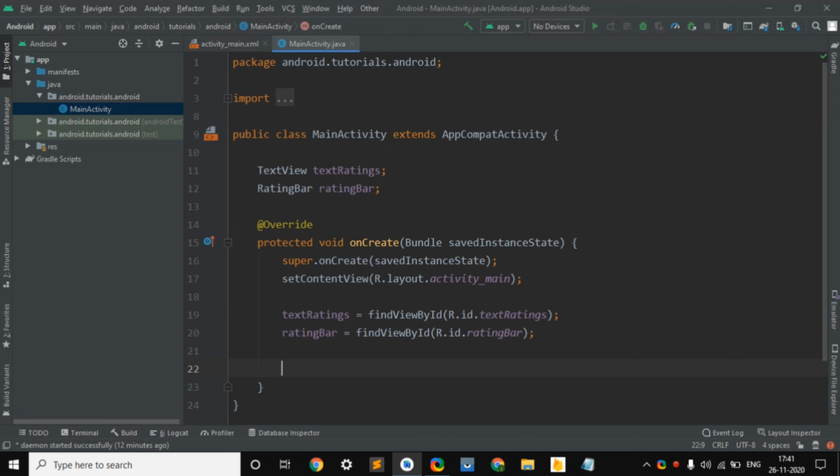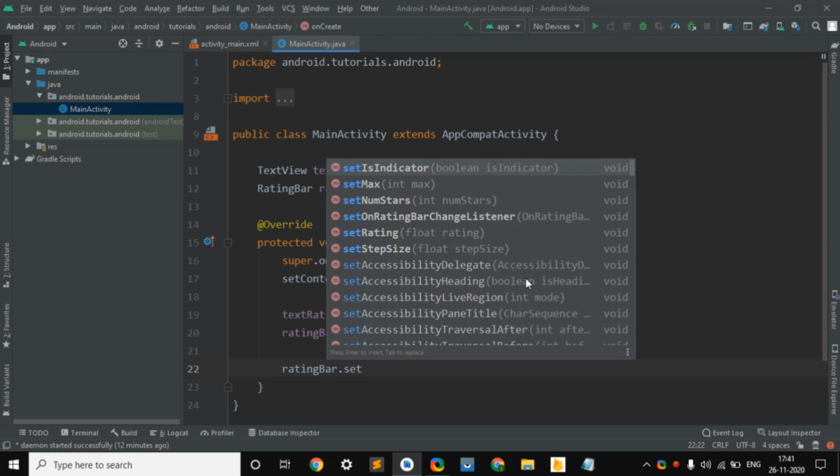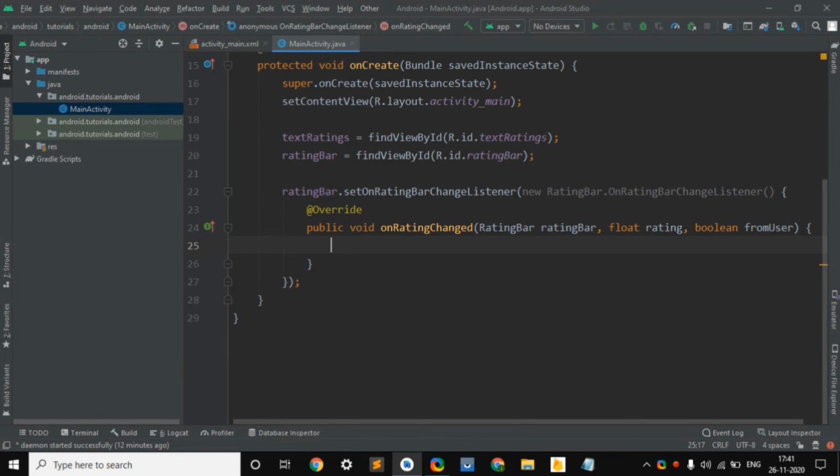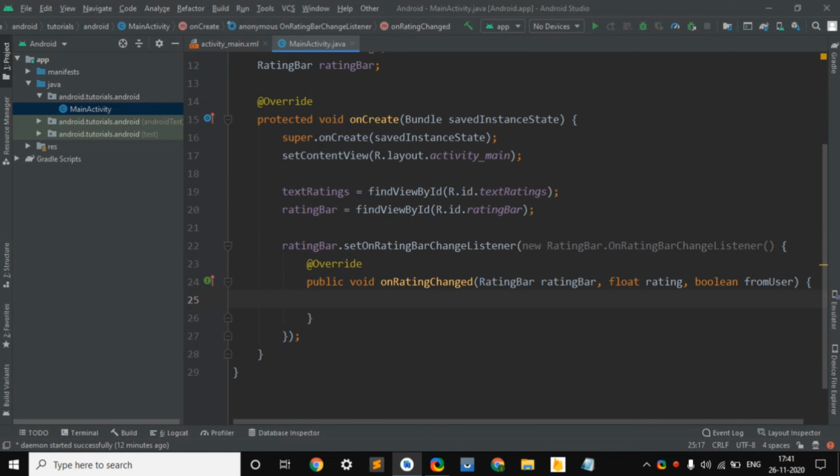So first rating bar dot set on rating bar change listener, as I had said, new on rating bar change, and if it is changed then we are going to change our text, that is text ratings dot set text, and here we are going to set the text as ratings, and then give it some space and then write ratings.